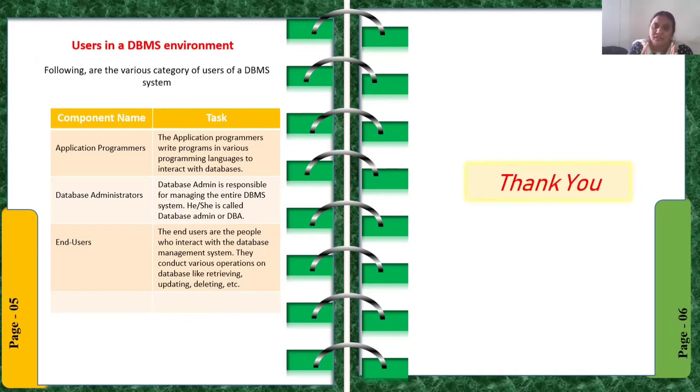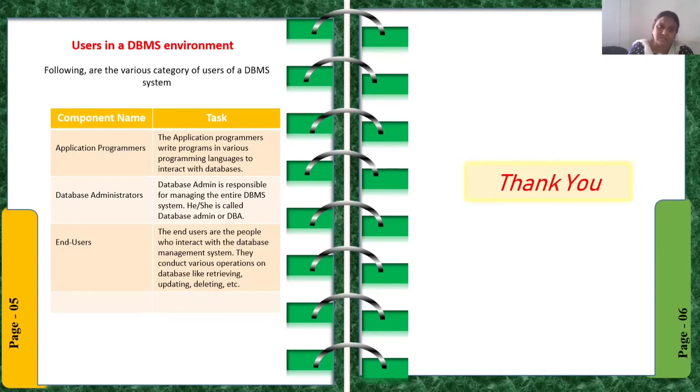For example, in an institution, according to what they want to collect, it is developed. In the IT field, according to the type of data they want, it is created. So the application programmers are nothing but the developers. According to our requirement, they will create the database management system.